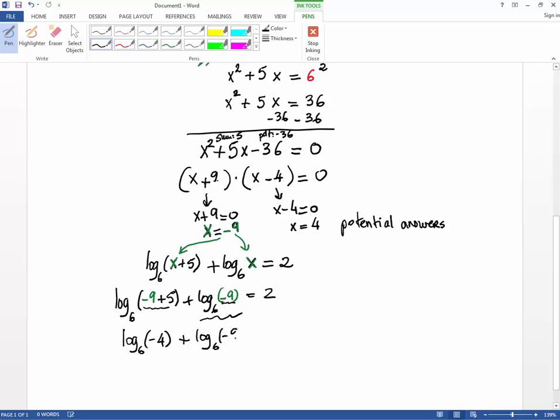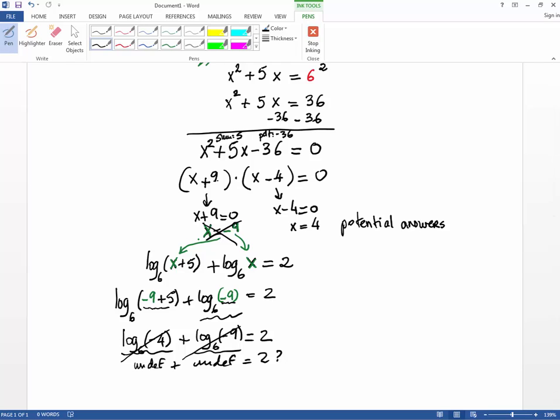Then we have another one not defined, so that's not happening. So you have undefined plus undefined. Is that equal to 2? You cannot answer that, since those logs cannot be evaluated. So x equal to negative 9 is not an answer. It's an extraneous solution, so toss it